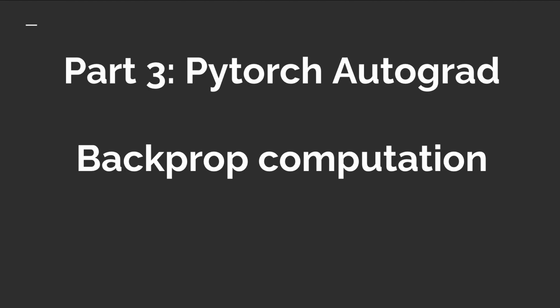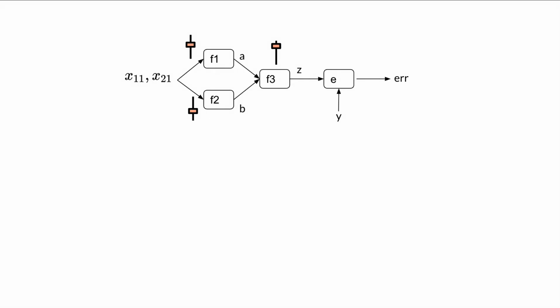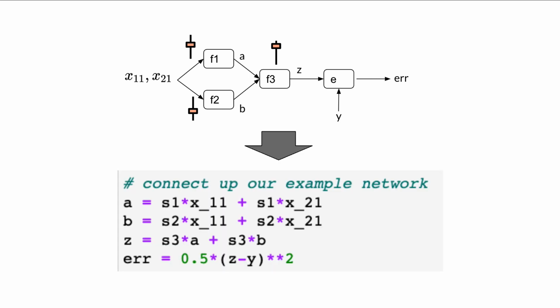Okay, let's now look at PyTorch and how we do the backpropagation computation. We showed previously in part 2 that we could have a very simple network configured with these two inputs, F1, F2 on the input layer and the output layer function F3, and we could express this very simply as some straightforward Python code, 4 lines of code, including our error function, which is (z minus y) squared divided by 2, our mean square